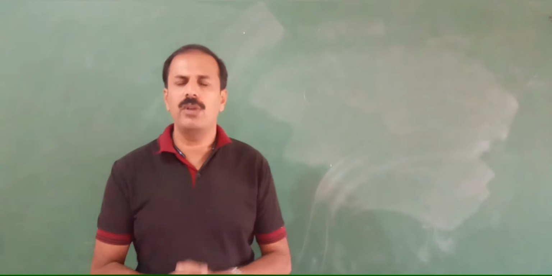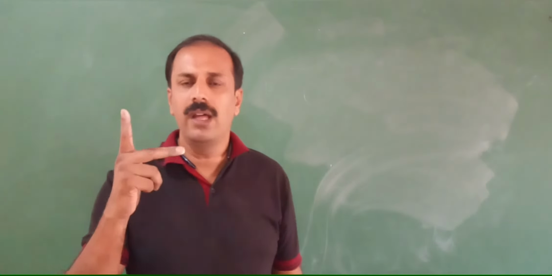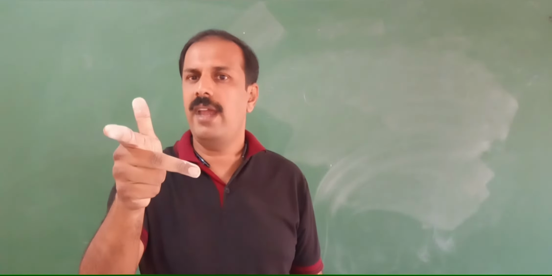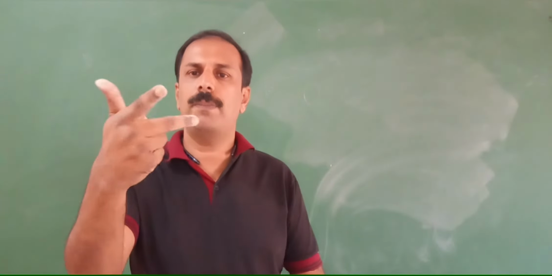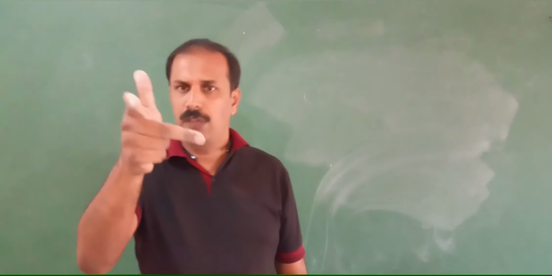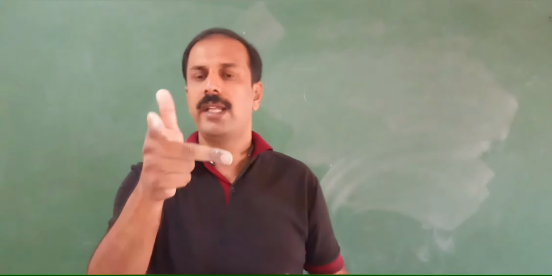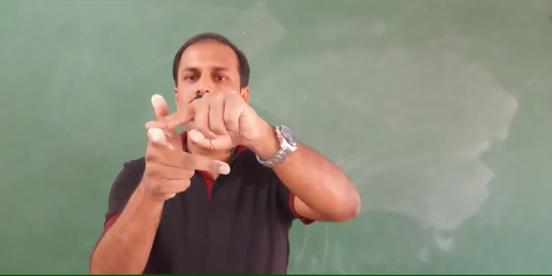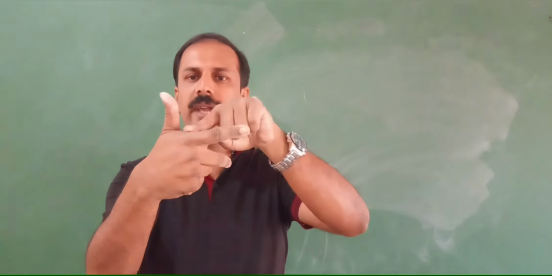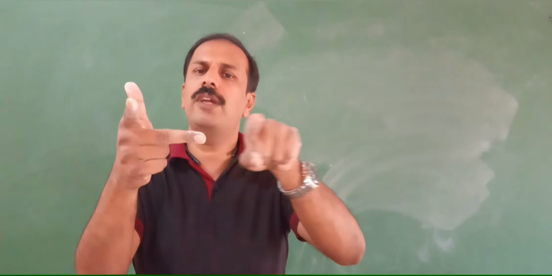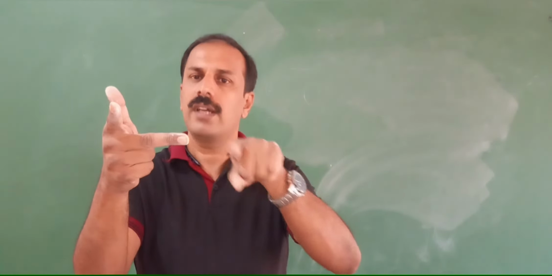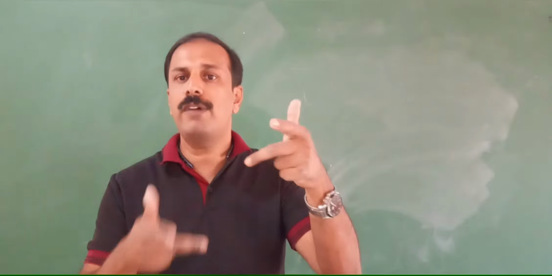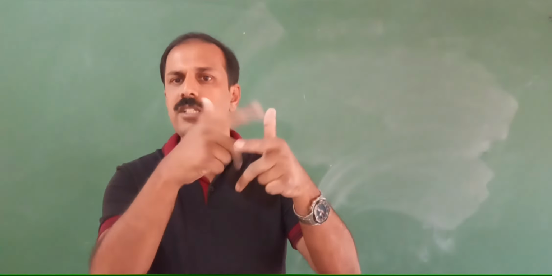Now what about Fleming's right hand rule? Same way, stretch the thumb, forefinger and middle finger of your right hand in such a way that they are mutually perpendicular. If the thumb shows the direction of motion and the first finger shows the direction of magnetic field, then the second finger will show the direction of current. So you have to tell in the opposite way. That is, finally current should come. In the left hand rule, finally motion should come. The order is important.